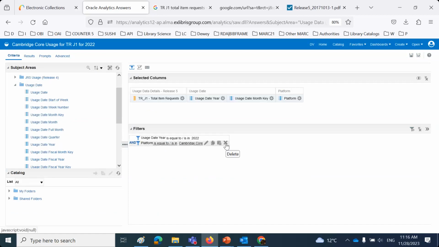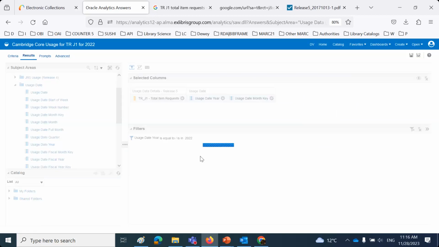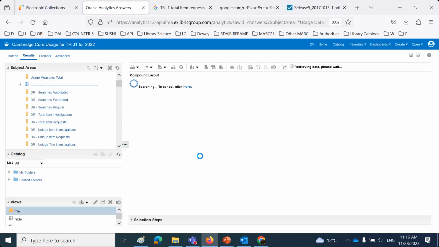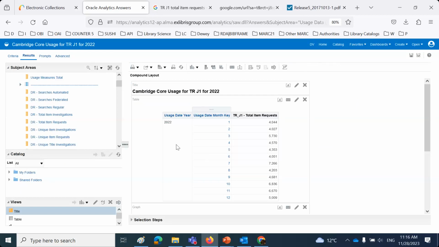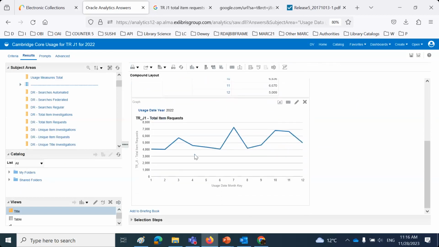Cambridge Core. I'll also even get rid of the display of the platform. So now all we have is TRJ1 total item requests by year and month. Let's see what we got. So it looks like the Cambridge Core, same general trends, big in July, big in October,